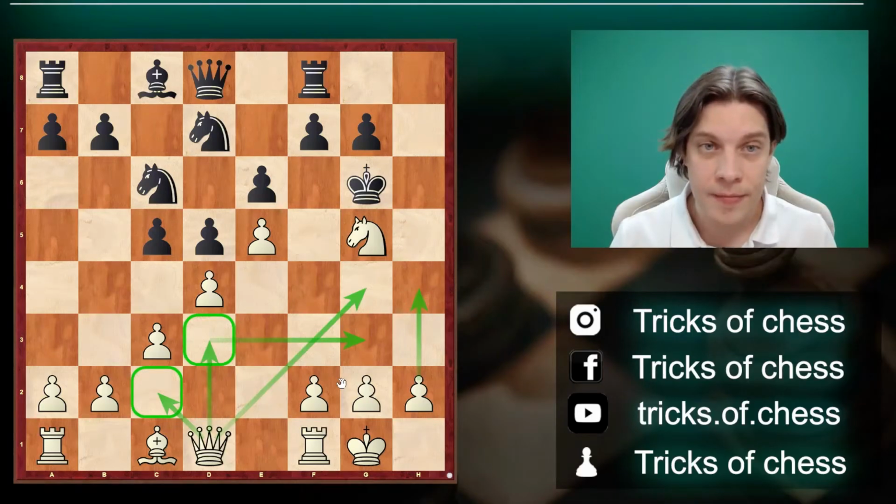in a different way. In this video, you learned Greek gift sacrifice, a tactical pattern with the bishop sacrifice that will help you to initiate a mating attack on the enemy king. After watching this video, I'm sure you are able to recognize whether the sacrifice on h7 or h2 deserves attention or doesn't make sense. And if it deserves the analysis, now you know which moves to look for to checkmate